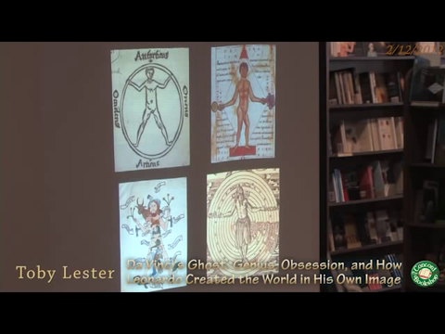This is a figure known as Zodiac Man, where the various body organs correspond to the constellations. And this is an image of the circular cosmos. All of these rings are the different planets and stars and moon and sun, with the Earth at the center. And the human body is embracing and simultaneous with all of it. So it's